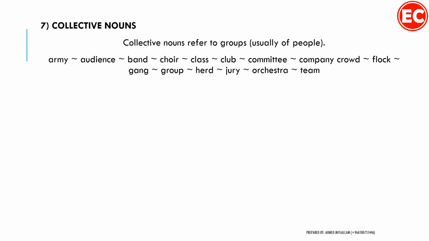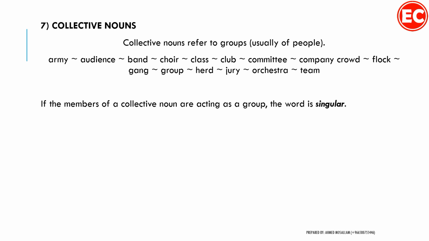Collective nouns: it's a noun that contains different members inside it. Okay, like these ones: army, audience, band, choir, class, club, committee. All these words are names of a group of people who are under that name. The rule here is simple. If everyone is doing the same thing, it is singular. If they are different, not on the same page, it's plural.